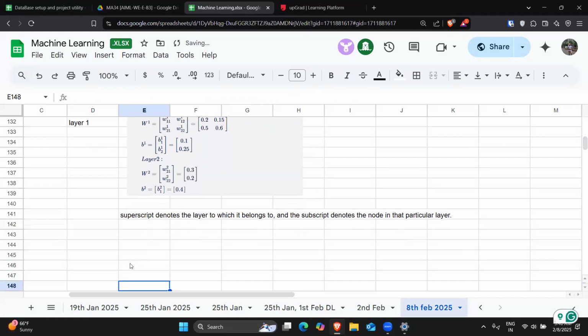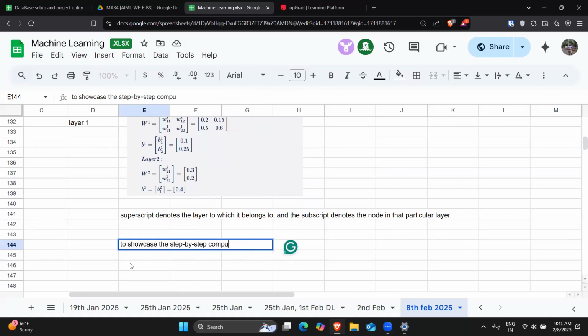So to showcase the step-by-step computation of the output,